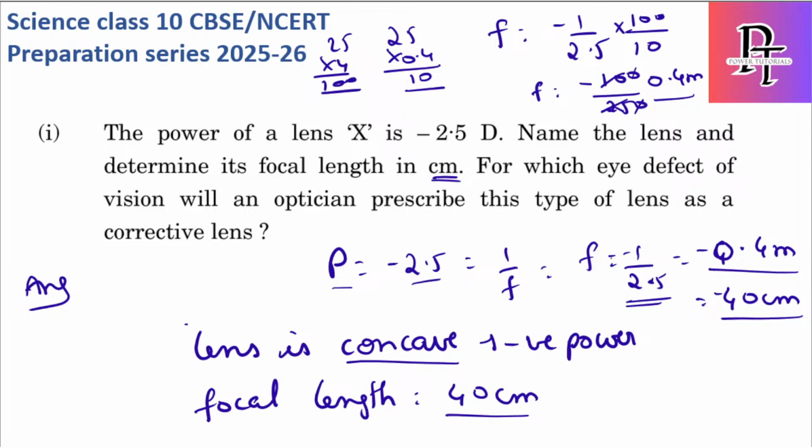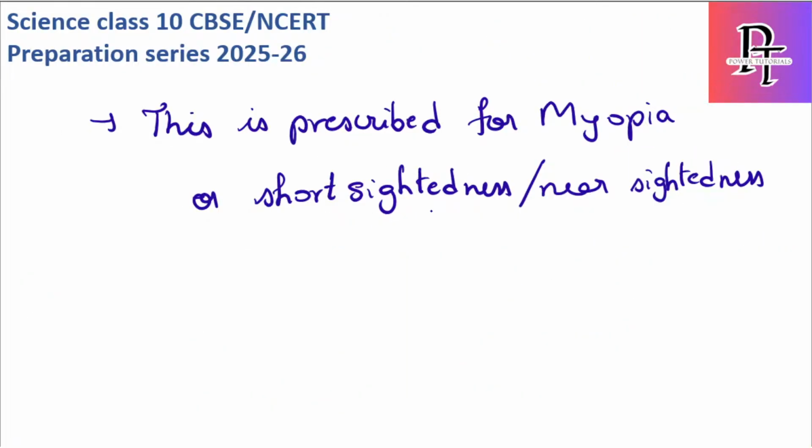ओके ऋषि, थैंक यू। For which side effect? As a, for eye defect it is myopia, मतलब शॉर्ट साइटेडनेस या नियर साइटेडनेस। यूर वेलकम ऋषि, थैंक्स फॉर जॉइनिंग। ठीक है, हम कंटिन्यू कर लेते हैं। तो नेक्स्ट क्वेश्चन,